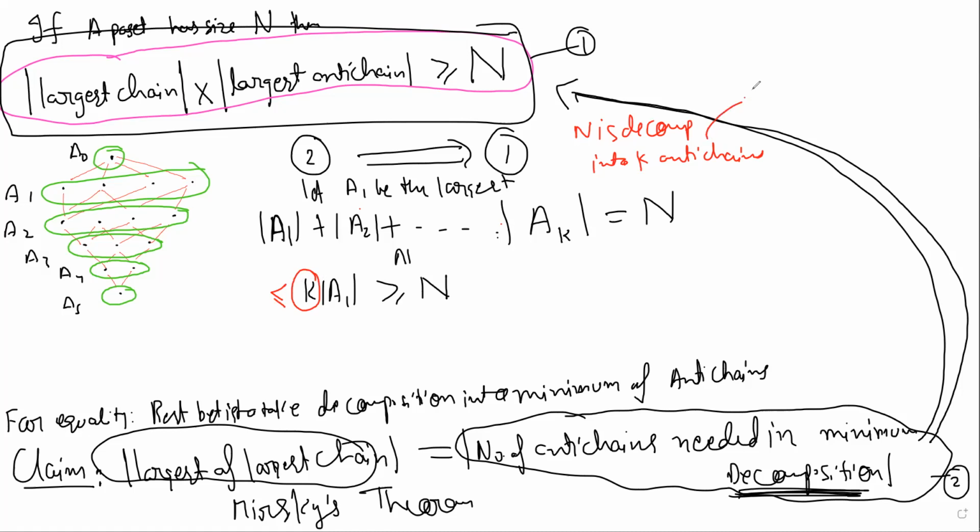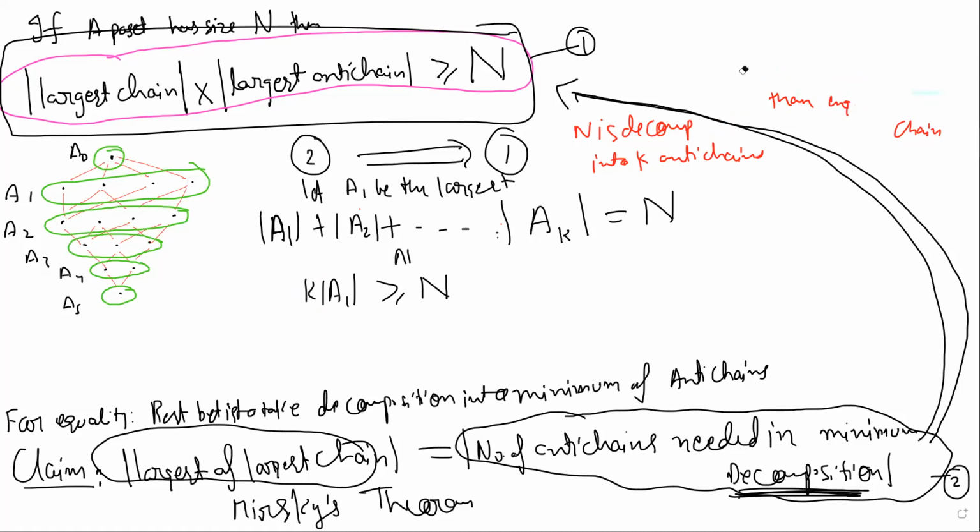Is that right? That's what we already said, right? But that is not strong enough for this. That's why this is not such an easy theorem. K is bigger than the length of any chain, because any chain will need different elements. The elements of any chain will have to come from different antichains, so its size cannot be more than K. Is that fine? So this will not be good enough. We will need this minimum decomposition.